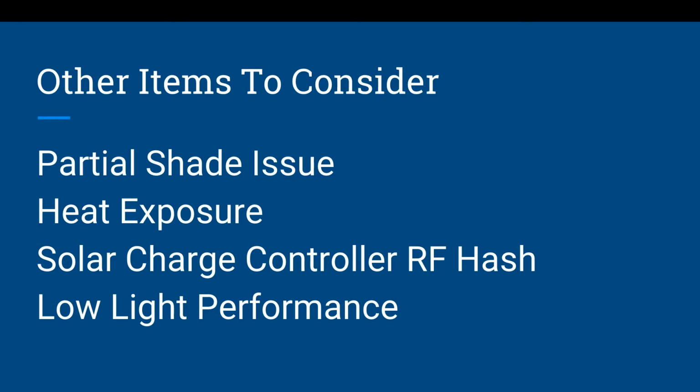And then also solar charge controller RF hash. I mentioned that with Genasun. You don't really hear that with other solar charge controllers, especially the cheap ones coming out of China that are multi-branded through Amazon. They will produce RF hash. Most of the time you're going to get RF hash when the solar charge controller is cycling to trickle or float the battery. So you don't normally hear that RF hash on current-heavy charge. So if you do get RF hash on your bands,